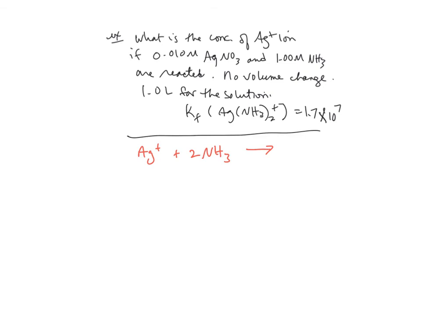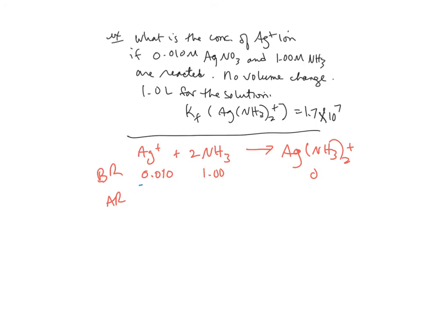Single-headed arrow, this is the formation, and that number is quite large, right? So it's going to be Ag(NH3)2+, and you can look at before the reaction, after the reaction. Before the reaction, you have 0.010 moles of silver and 1 mole of ammonia, and you start with 0 of the product. The reaction